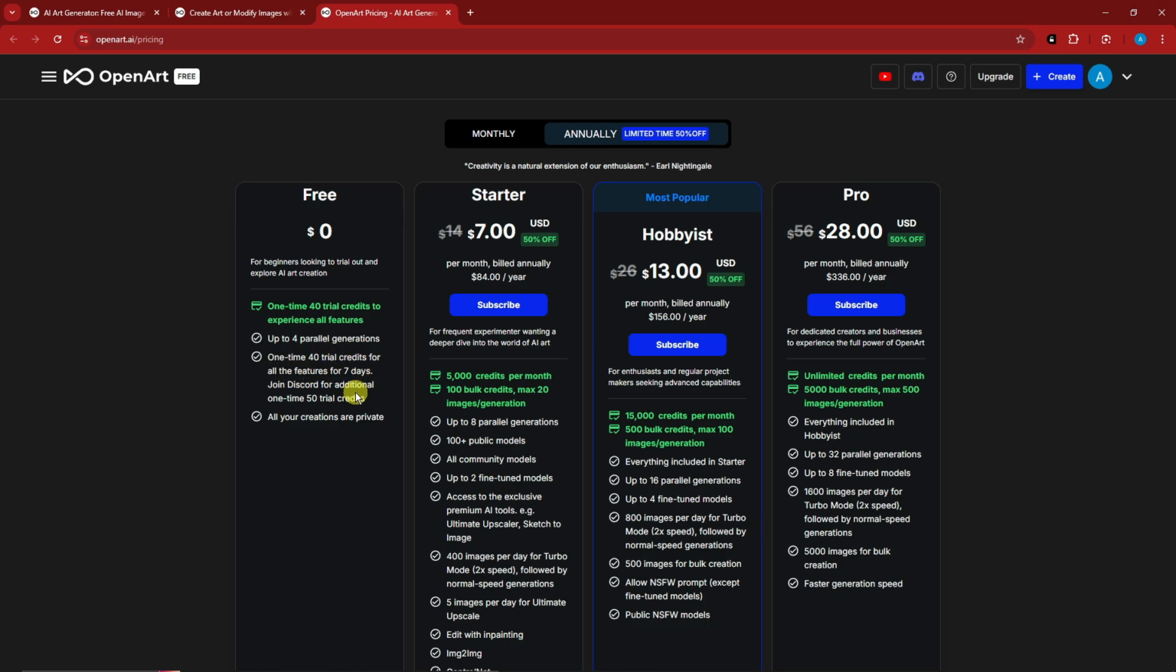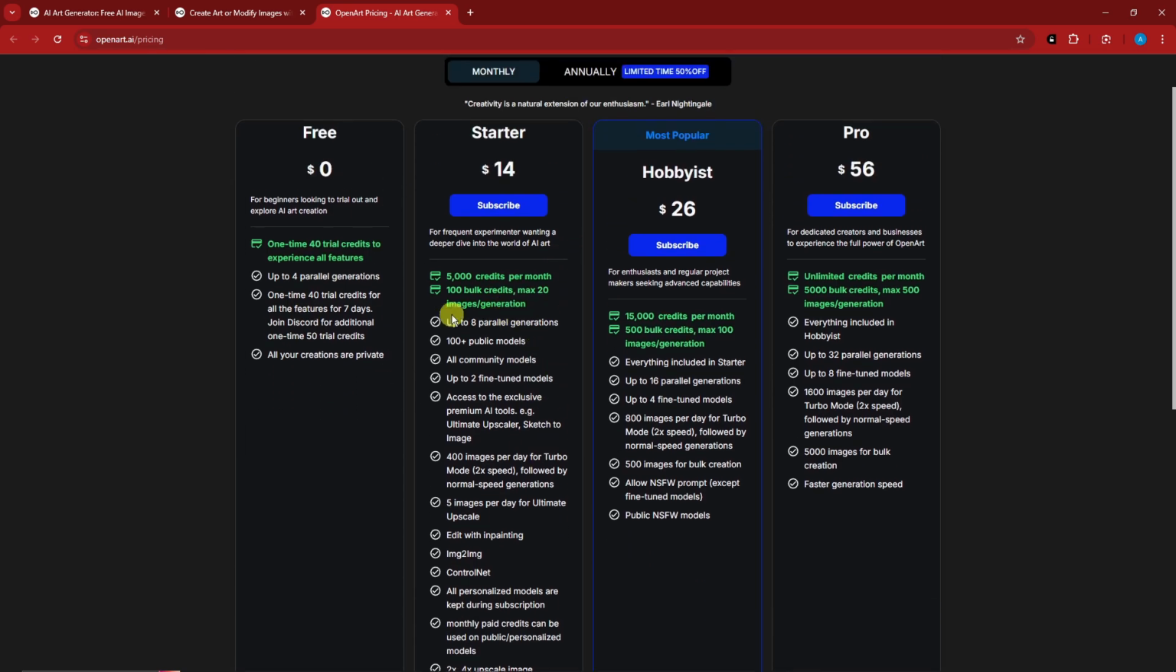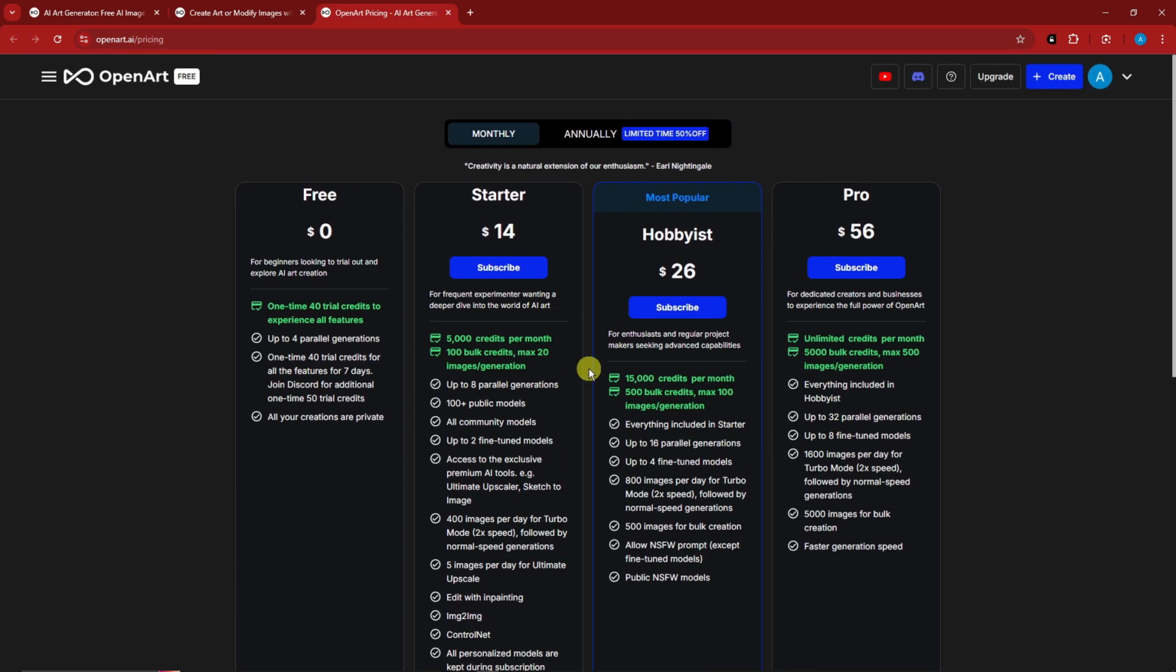You can join the Discord to get 50 more trial credits. I think it does not refresh. So you have 40 trial credits to try until you buy the subscription plan. Anyway, these are the prices annually, and these are going to be the monthly. The comparison of plans is going to be here, and once you're good with this, let's go back to the